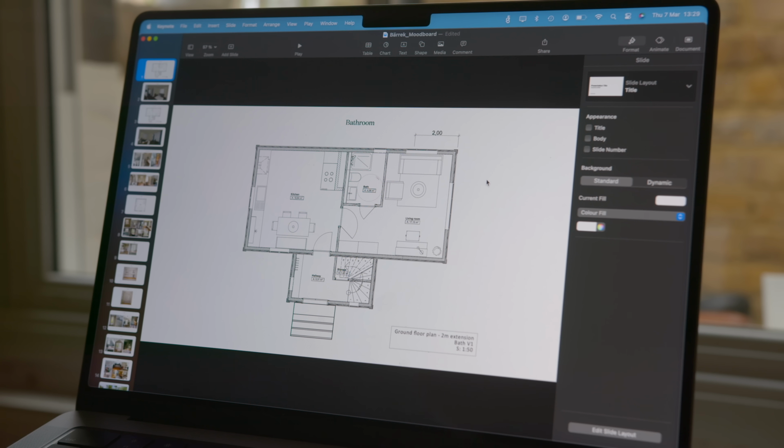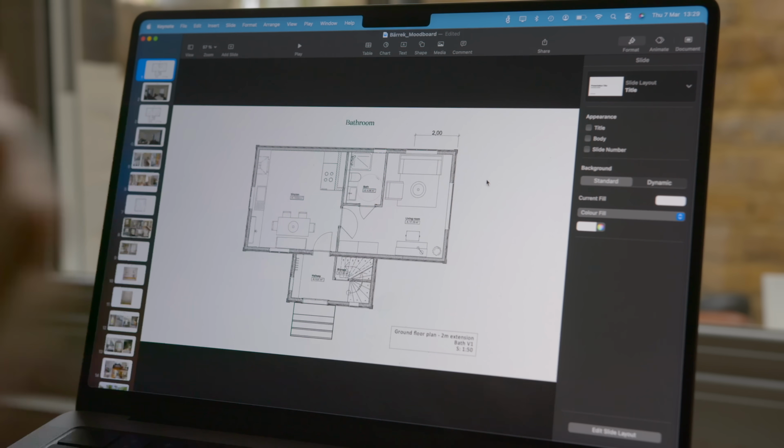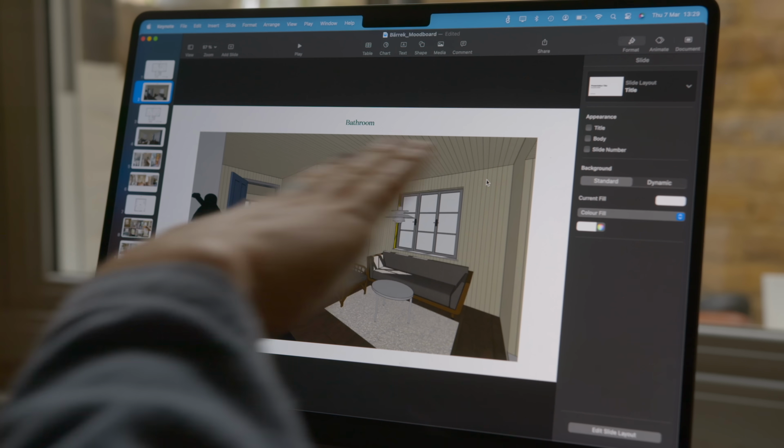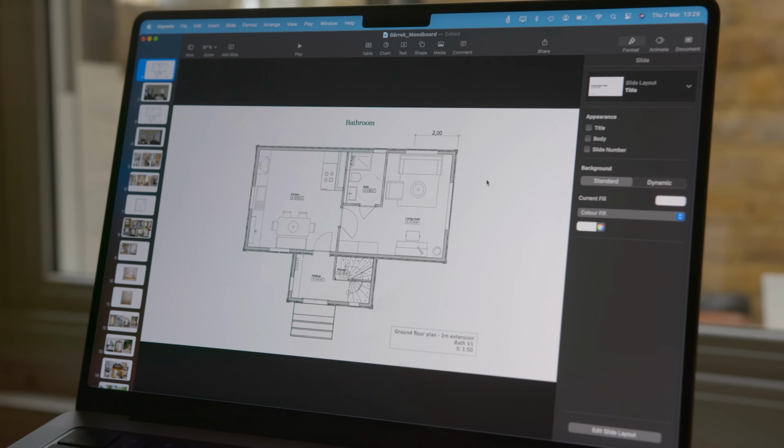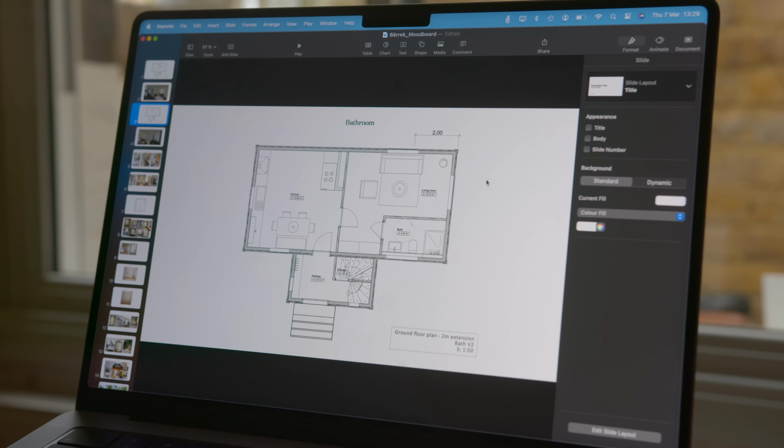So this is the bathroom downstairs with an extension of 2 meters, and I think this is the best option downstairs, as it still has a kind of nice shape to the room, and it sort of hides the bathroom next to the sitting area,